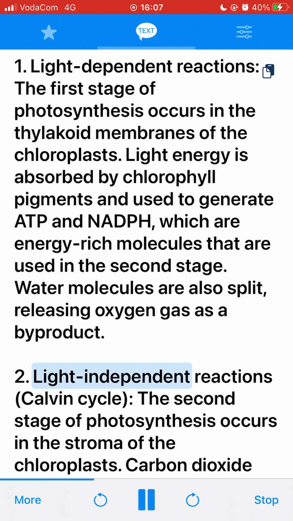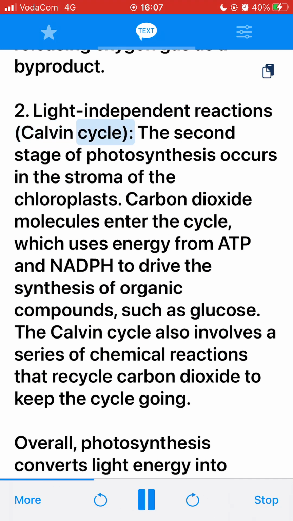2. Light-independent reactions, Calvin cycle. The second stage of photosynthesis occurs in the stroma of the chloroplasts. Carbon dioxide molecules enter the cycle, which uses energy from ATP and NADPH to drive the synthesis of organic compounds, such as glucose. The Calvin cycle also involves a series of chemical reactions that recycle carbon dioxide to keep the